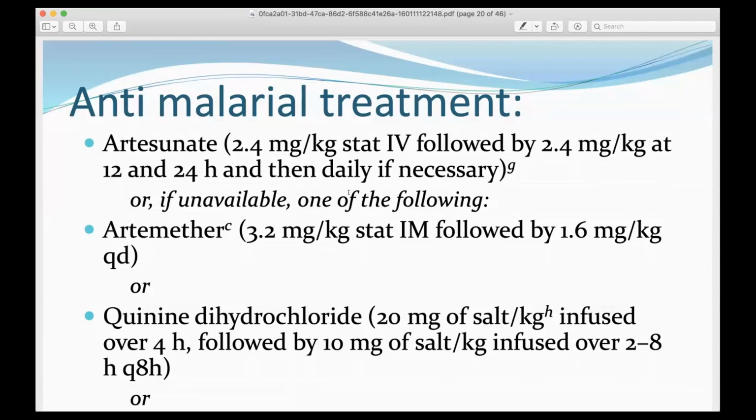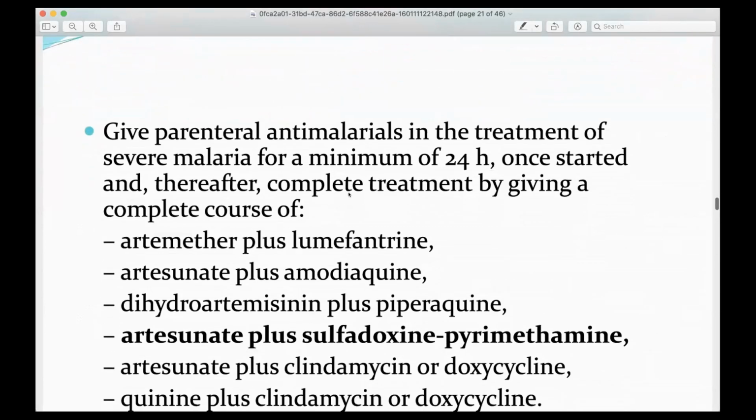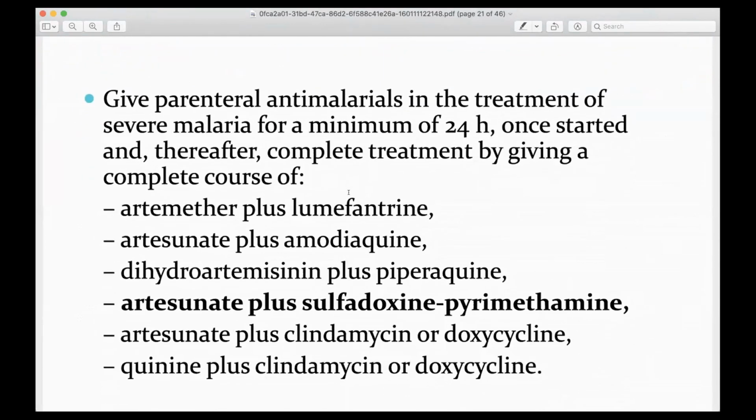If it is unavailable, then artemether, or you can use quinine dihydrochloride, 20 milligram of salt per kg infused over 4 hours, followed by 10 milligram per kg infusion. Remember, when you are prescribing quinine, you have to monitor the QT and the ECG, because it also causes potent hypoglycemia. Okay. So give parenteral anti-malarial in the treatment of severe malaria for a minimum of 24 hours, and thereafter complete the treatment